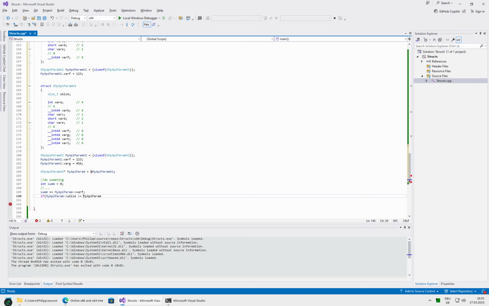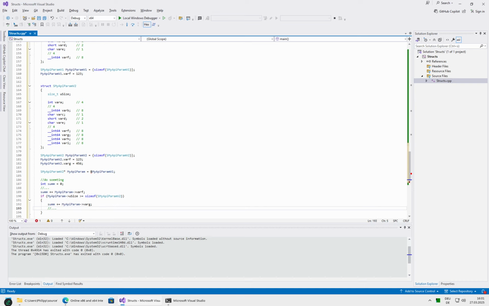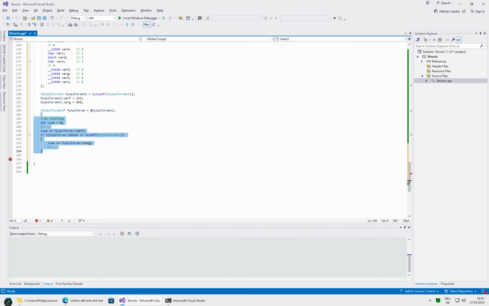Okay, so you check whether it's greater or equal to size of my param2, and if it is, then we know at least until there we have that field, so we can then add g, and we could add the other one. So this obviously is a kind of boring function example. First of all, this would of course be in a function, but it just sums everything together. That would be the idea if it were fully developed, and then it would return, let's say, the sum of all the fields. Not something particularly useful, but I think it demonstrates quite nicely this programming pattern where you are checking the size